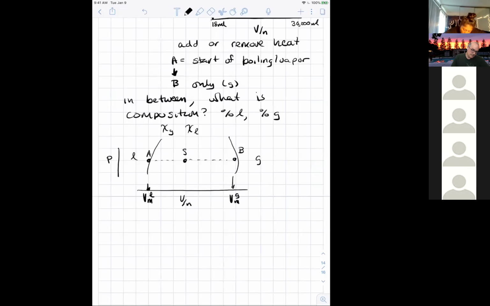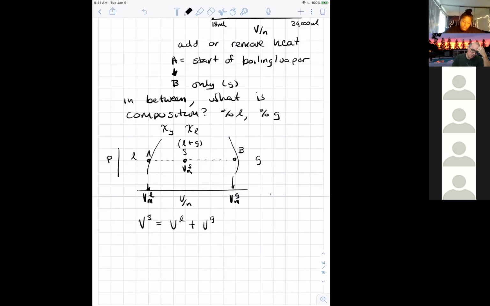Vm of the gas. And in here, we could call this the molar volume of point S, right? Because this is going to be a liquid plus gas region. So how can we figure out the volume? The volume at point S is really going to be the volume of the liquid plus the volume of the gas,